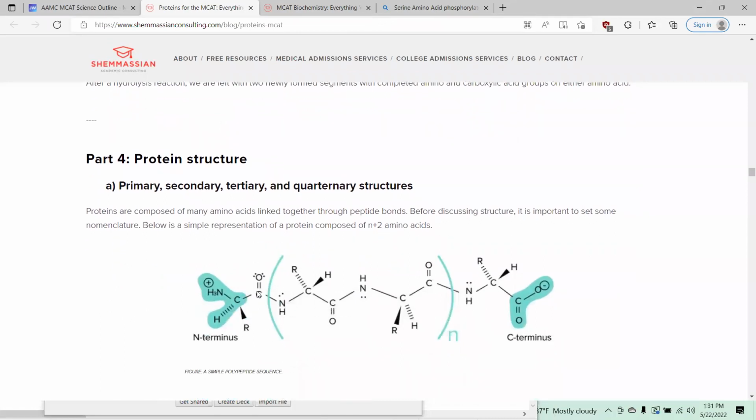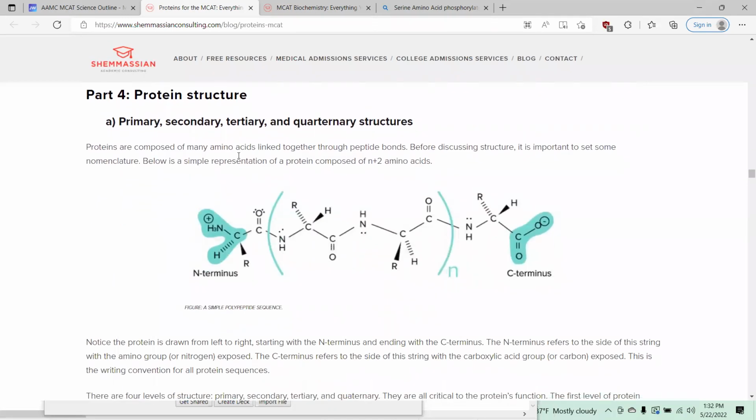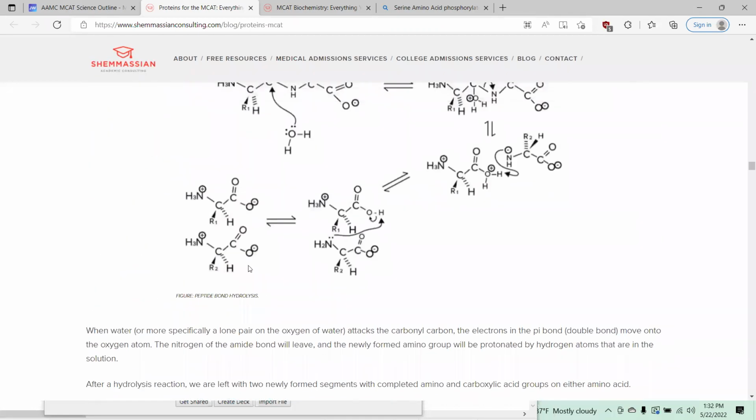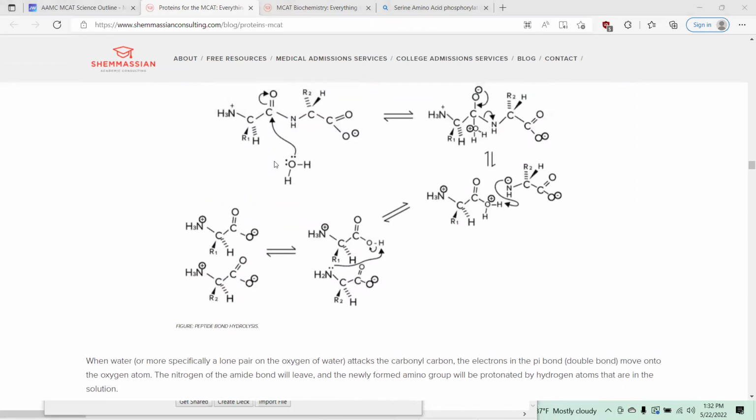Protein structure. So now we get to an actual protein. We talked about the individual units, and now we have an actual protein. So a protein is just a really, really long chain. What's the end product of hydrolysis? It is 2 amino acids, and there's no water because the water is, actually, thank you for bringing that up. Where is the water now after we do hydrolysis? The water is actually now a part of the amino acids. So here is one part of the water, O minus here, and the other part of the water is